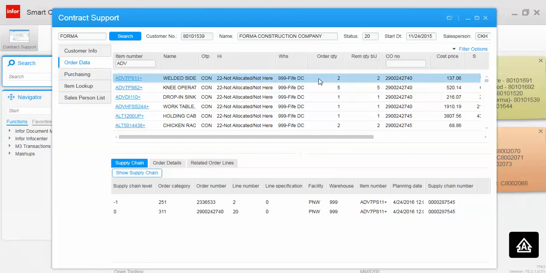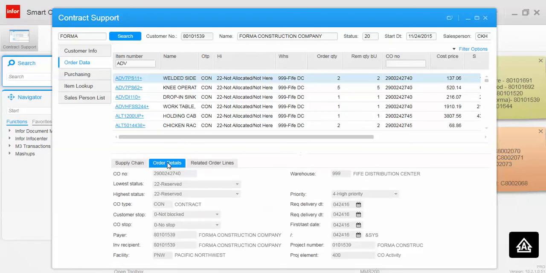Okay, so we've selected our advanced Tabco item. We can go ahead and see the supply chain from here. This bottom line here is our customer order number. We've placed it in warehouse 999. Now moving on up, this is our purchase order number. We see that it is line 2 on the purchase order, and it is also going to be dash warehouse 999. To see a little bit further, you can select order details, but let's move on to purchasing